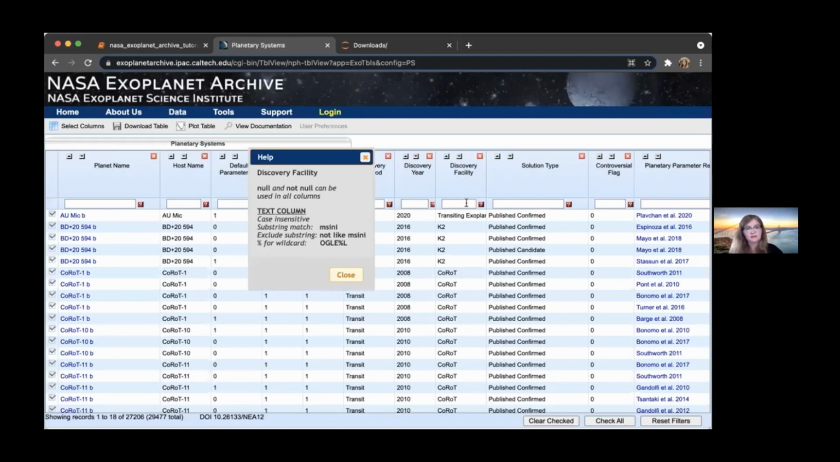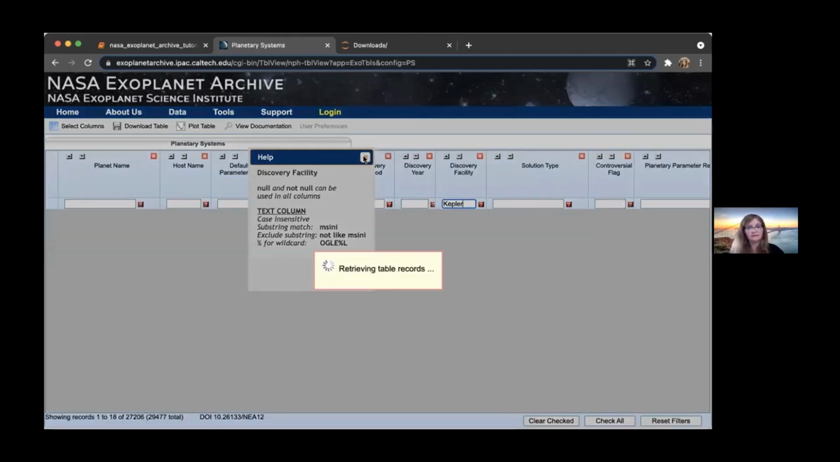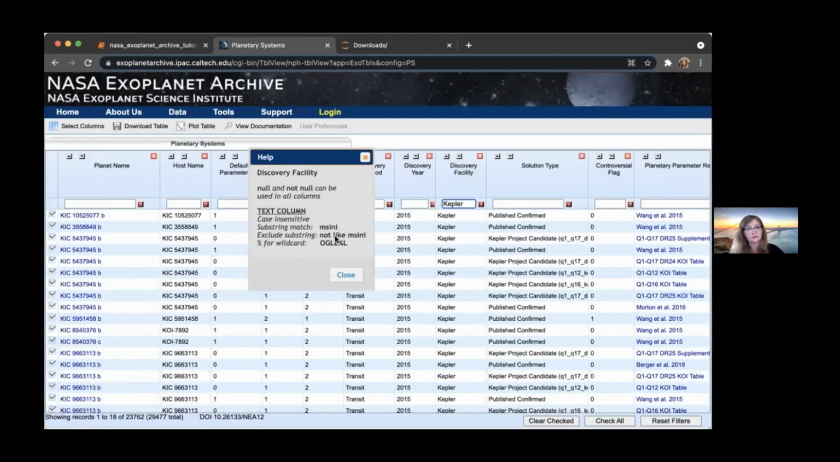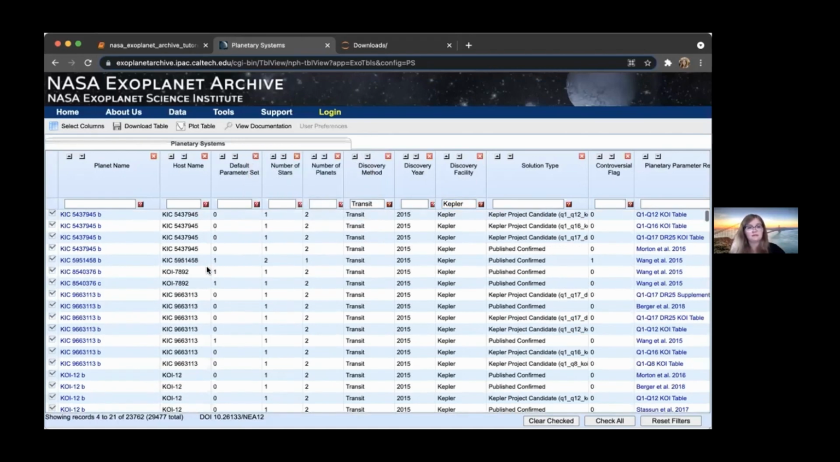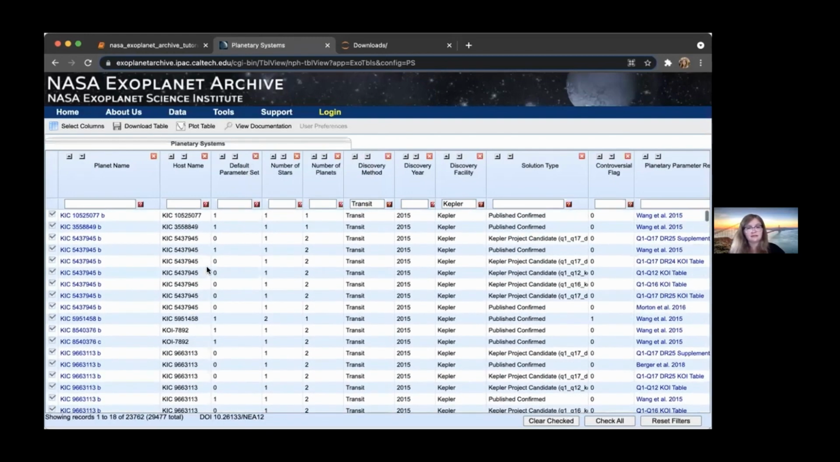So if you want a string match, you simply just have to type in Kepler. And if you want to exclude targets from Kepler, i.e., if you are looking for transiting planets, but maybe with the TESS satellite or others like it, Kepler is responsible for a lot of transiting planets. So if you don't want Kepler planets, you can simply put not like and then what you want to exclude. So here is the resulting